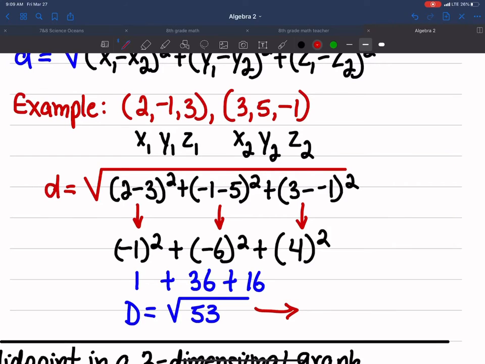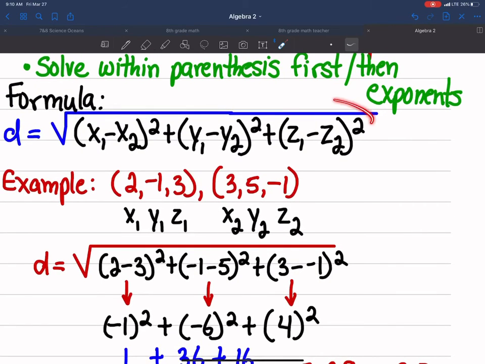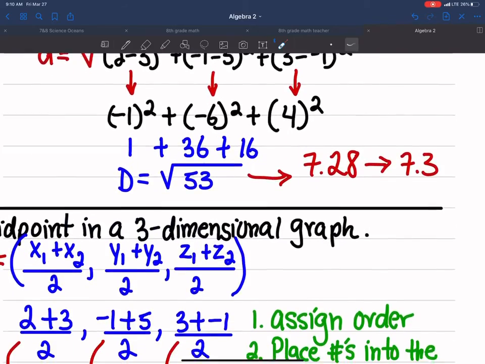All right, so the answer should be 7.28, or we can say 7.3 for the fun of it. Okay, great. So that's it. That is the distance formula for a three-dimensional plane. Very easy. The only thing that we did was add the last part down here, and that was it. Okay, good. Let's look now quickly at